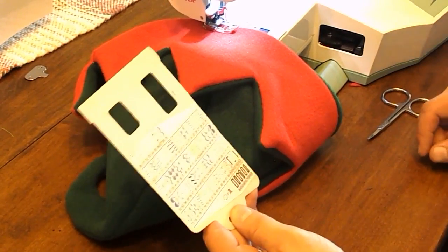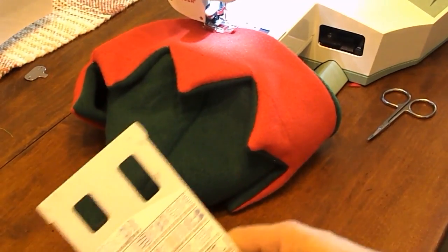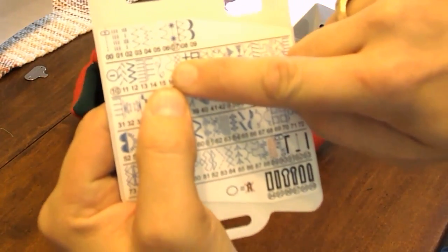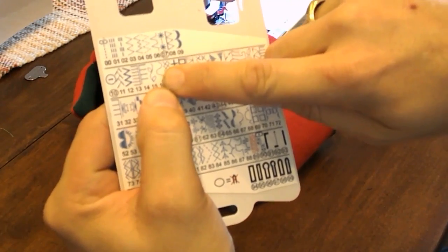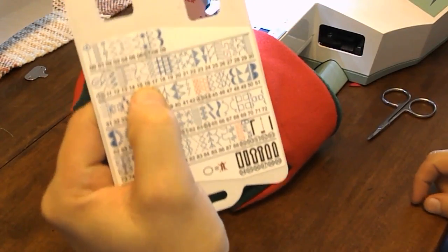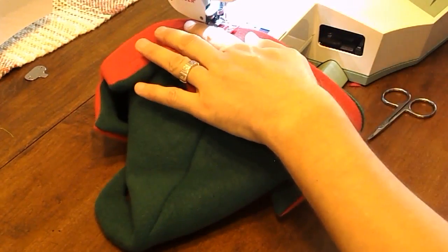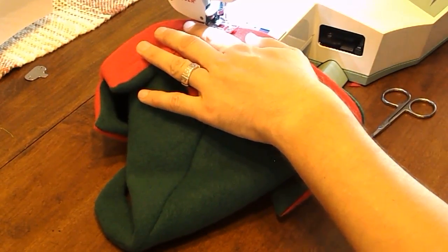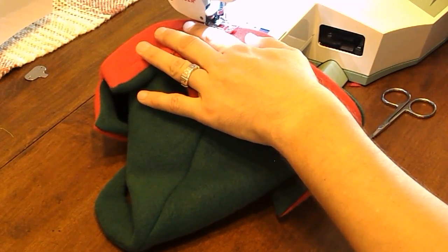Okay, I got my guide here. Most of them have the... it looks like a Christmas light, little leaves on a thing. That's the decorative stitch I'm going to use. It's number 15 on the Futura 250. So I'm going to put that up to 15, have my needle in the center, and have the width about